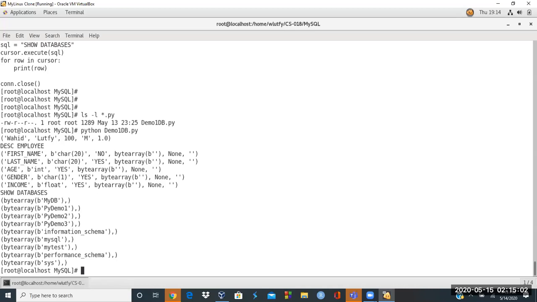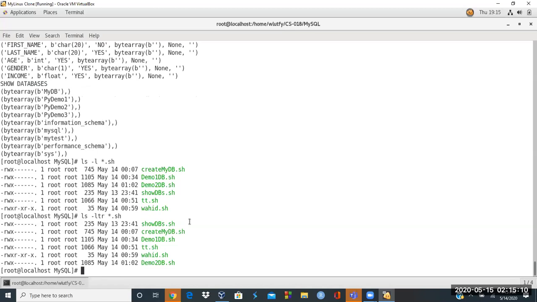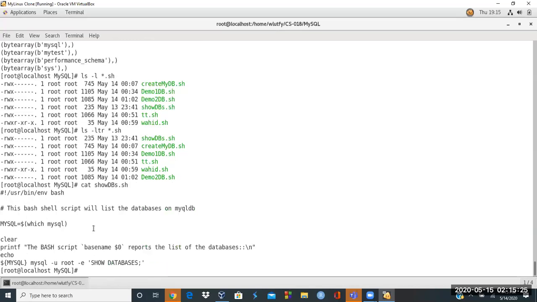So if I just do something equivalent to that one with shell script, let's do start.sh, and I want to just show DBS. So if I just want to say, show me the databases that are there, show DBS.sh. Since this machine was not allowing the root updates there, I'm still using the root account, but I'm